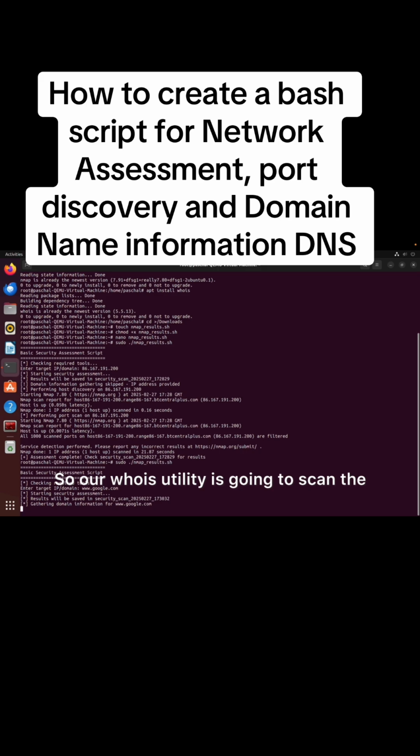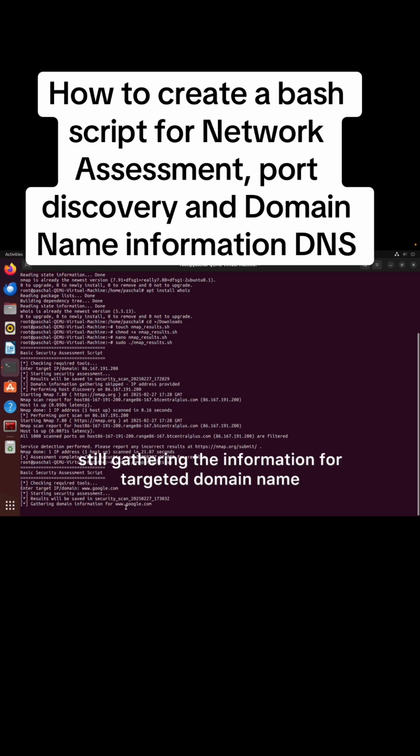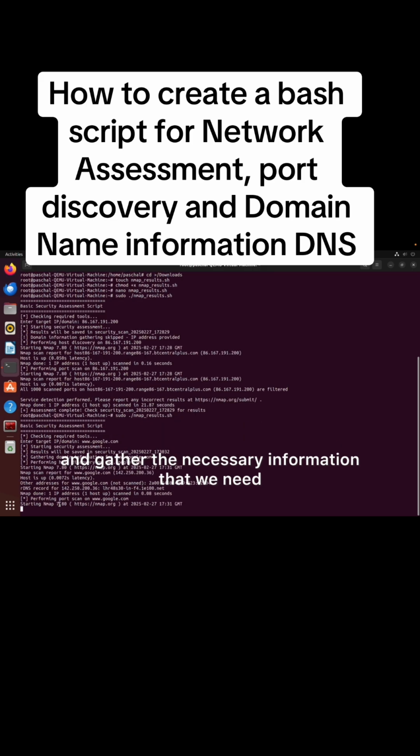So our whois utility is going to scan the domain name for Google and will give us the result of this domain name. It will give us registered information of this domain name and all other properties. So it's still gathering the information for the targeted domain name. So let us give it a little time to scan this domain name and gather the necessary information that we need. So as you can see,